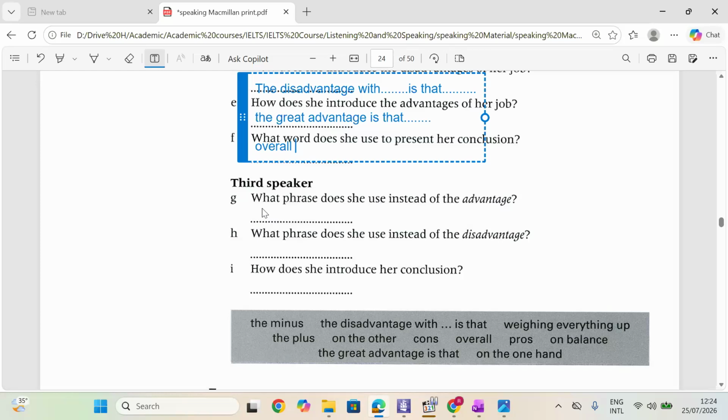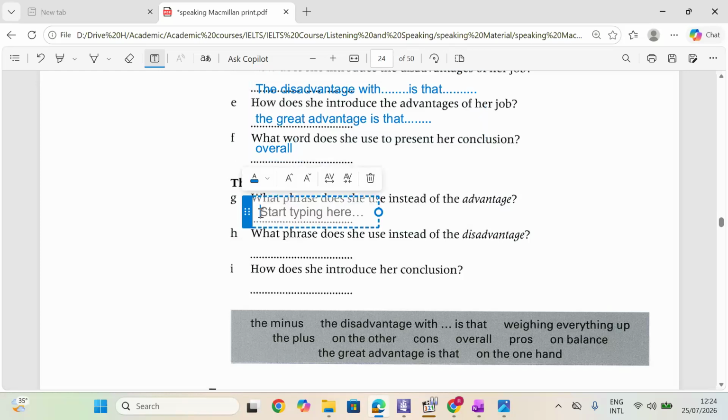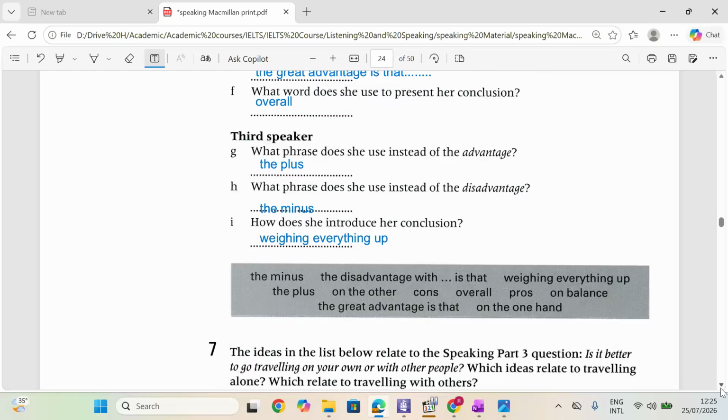What she used for advantage? The plus, yes. Plus. Now the minus. The minus, yeah. Weighing everything up. Yes, weighing everything up. Okay, so these are expressions we can use or we learn to structure our talk when we talk about